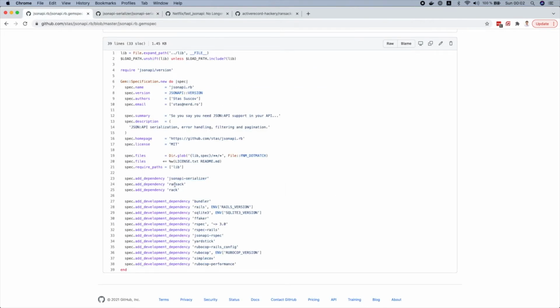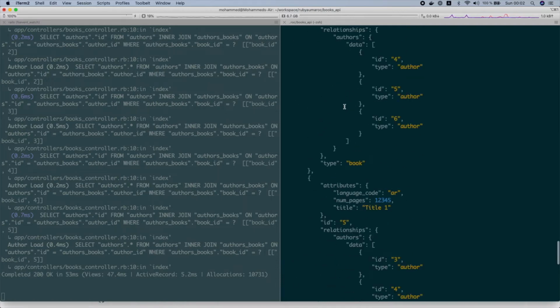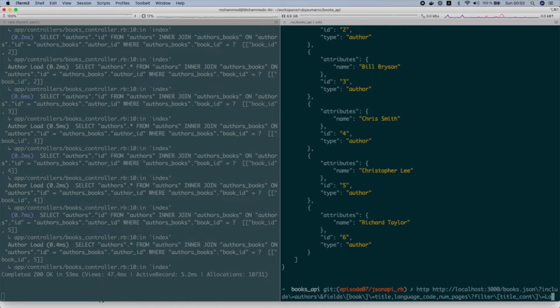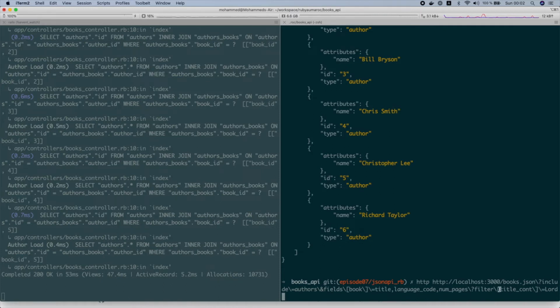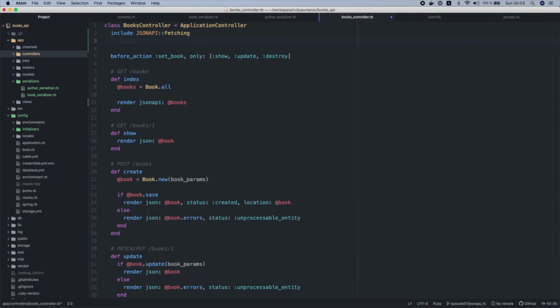And regarding filtering, JSON API.rb uses Ransack. So for that we can include, for example, some filters. So if we want to filter by, for example, title contains, I don't know, Lord. This will return books whose title contains this word. But first we have to include the JSON API filtering. So we do include JSON API filtering,